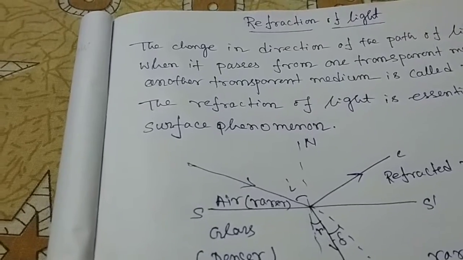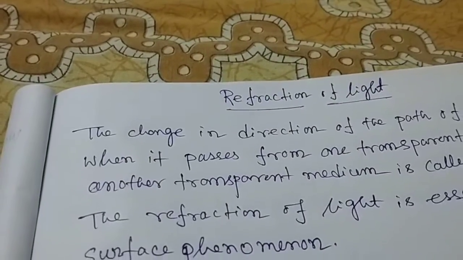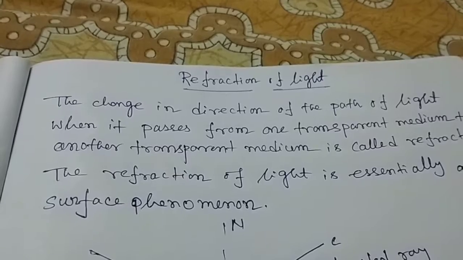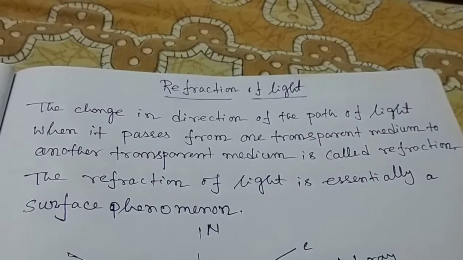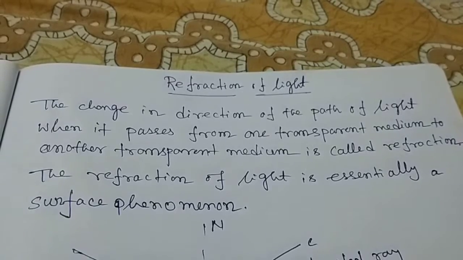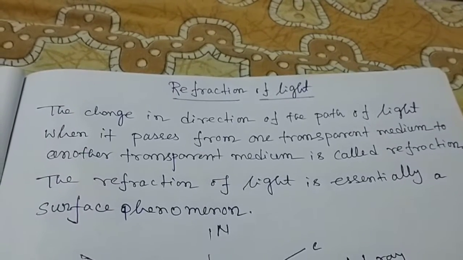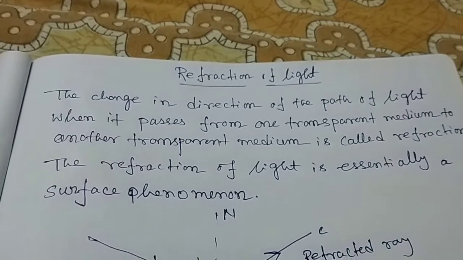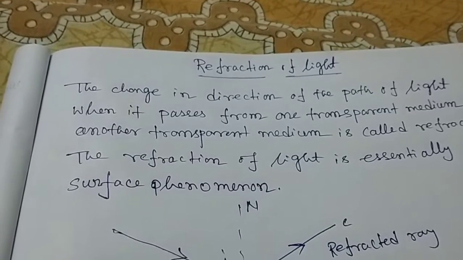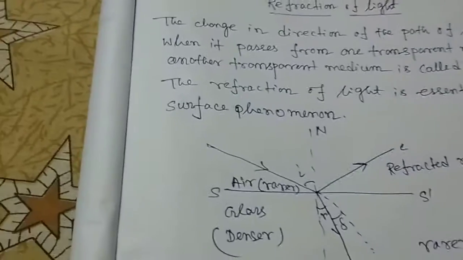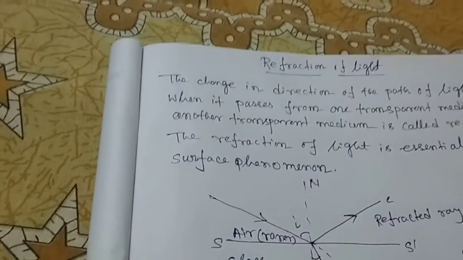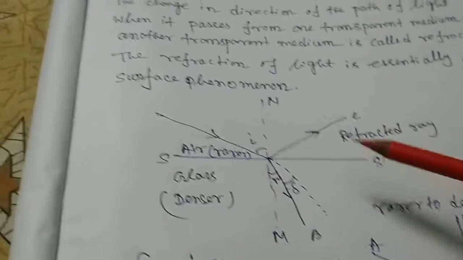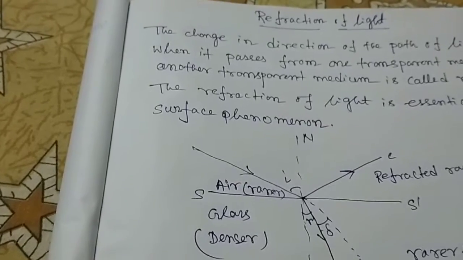What is refraction? The change in direction of the path of light when it passes from one transparent medium to another transparent medium is called refraction. The refraction of light is essentially a surface phenomenon. S dash, the surface separating two media,